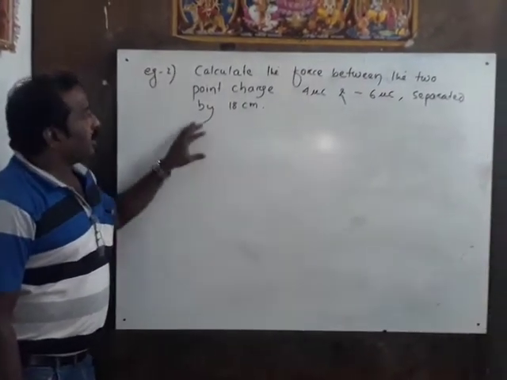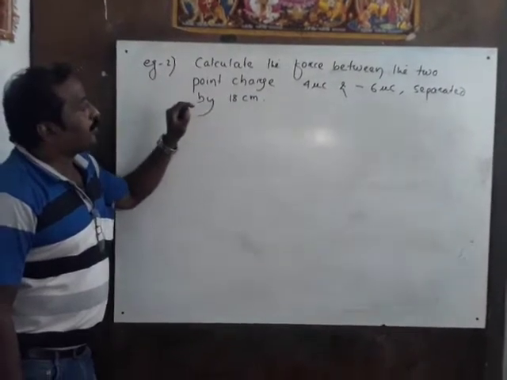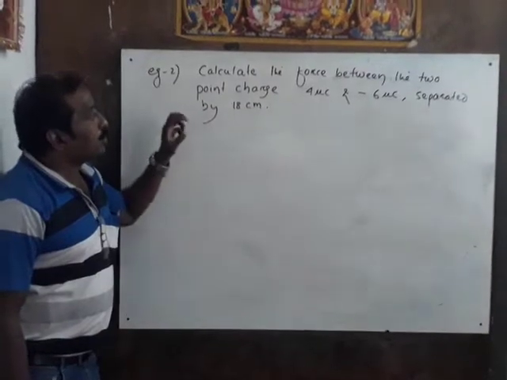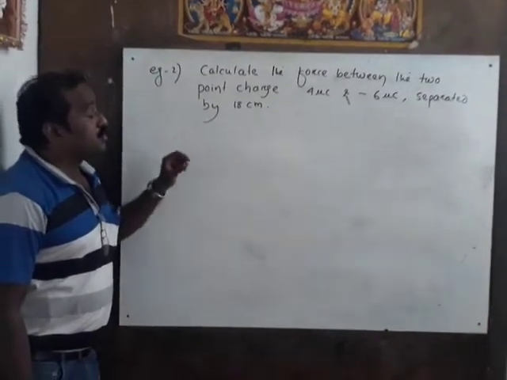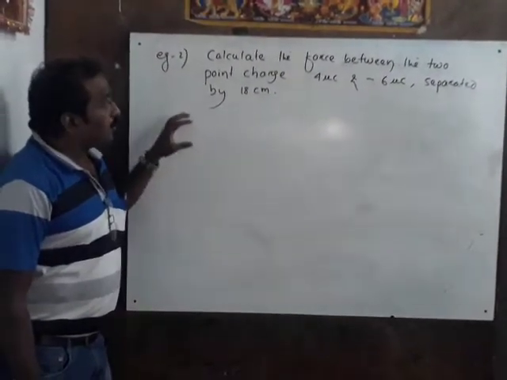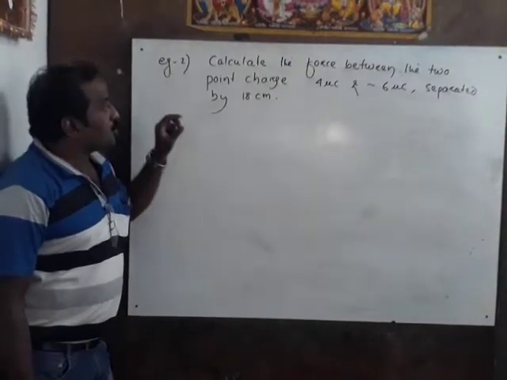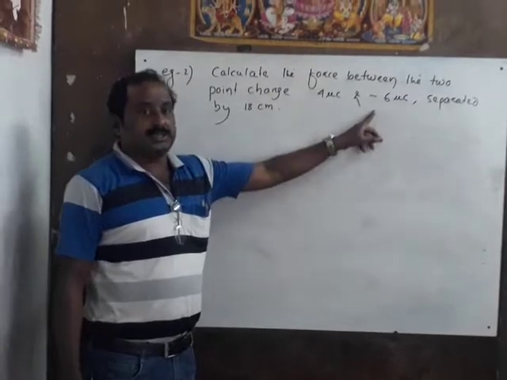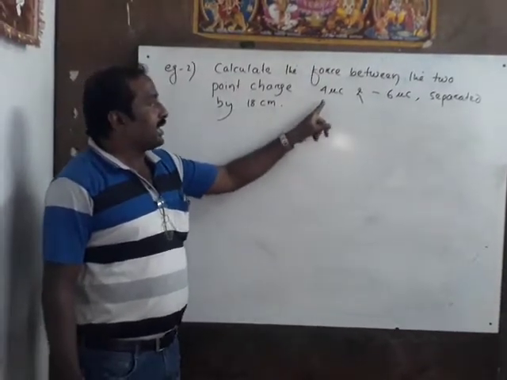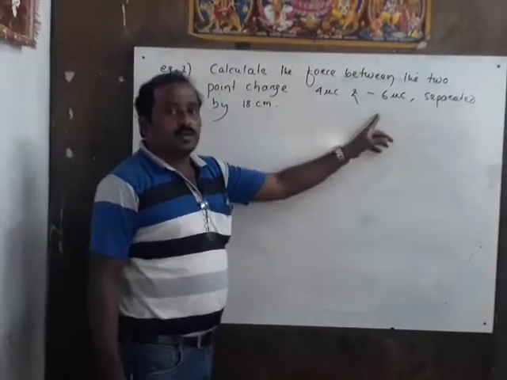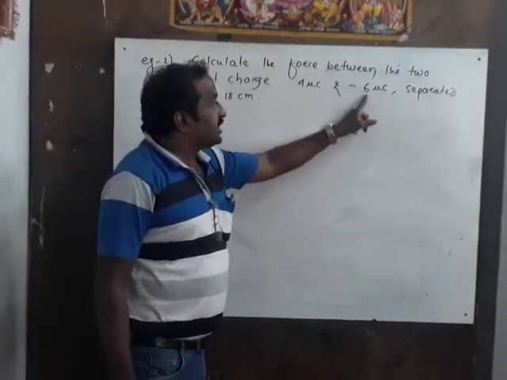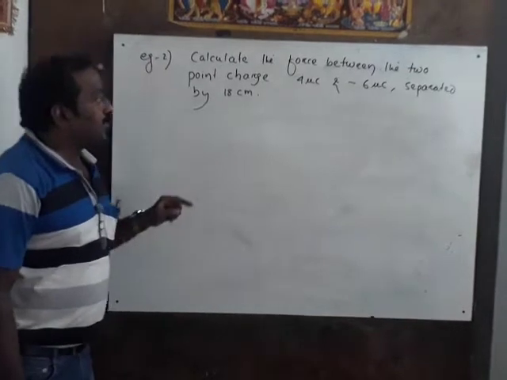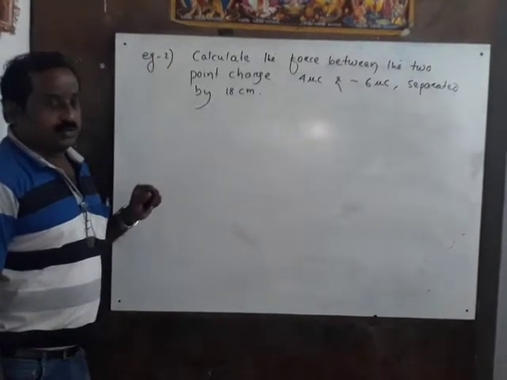Okay. Now we have not been asked to calculate the force in vector form. Simply we want to calculate the force, the magnitude of the force. So to calculate the magnitude of the force, we should simply consider the magnitude of each of the 2 point charges. That means Q1 we should take as 4 microcoulomb, Q2 also should be taken as 6 microcoulomb, not minus 6 microcoulomb, because the magnitude of any vector is always positive. Okay, so let's